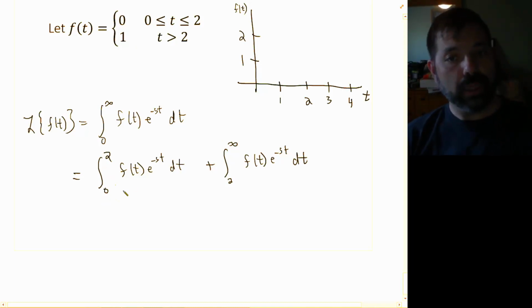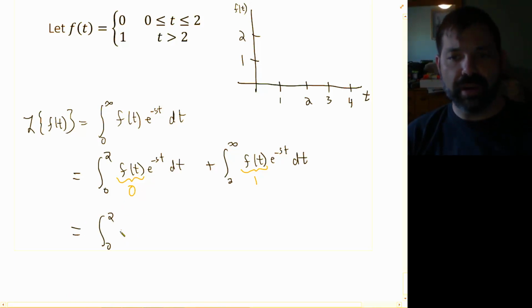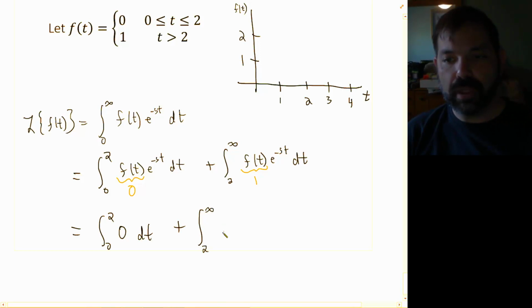Now over the interval 0 to 2, f of t is 0. And over 2 to infinity, f of t is 1. So then this becomes the integral from 0 to 2 of, well, what's 0? 0 times e to the negative st, that's 0 dt. And then we have the integral from 2 to infinity of e to the negative st dt. Well, integrating 0 over any interval is 0. So this is 0 plus, and the antiderivative of e to the negative st is negative 1 over s, e to the negative st,